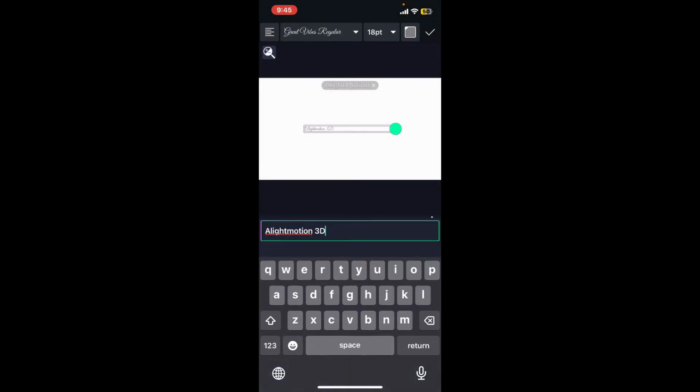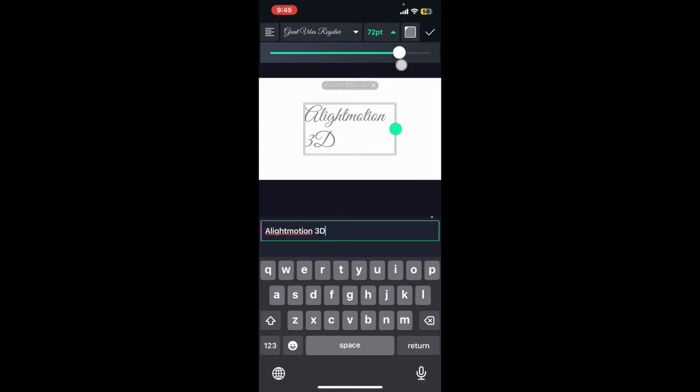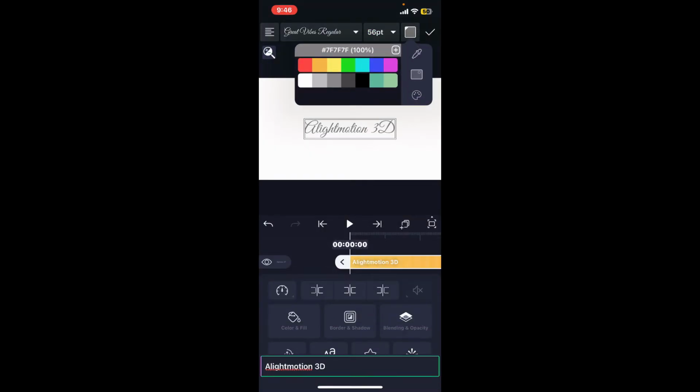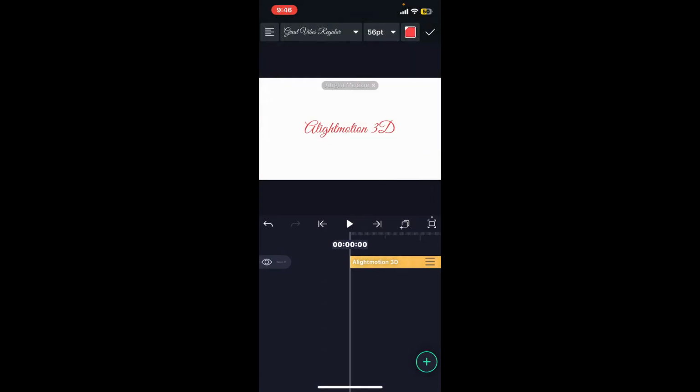Choose your desired font and then select your font size by tapping on the drop-down at the top. Drag the slider in order to choose the desired size for your text and then select the color of your text by choosing the color icon at the top right. Now pick a color you'd like to work with, and once you are done,